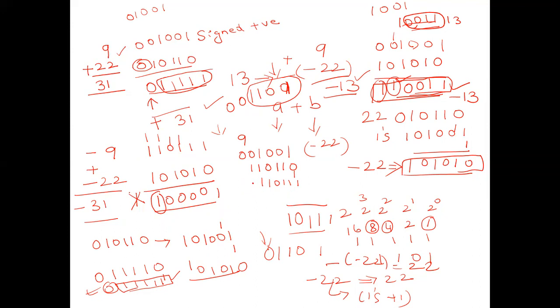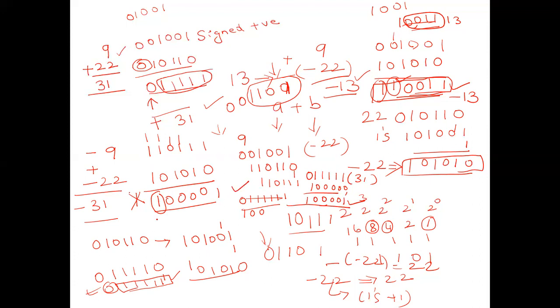How will you represent 31? So 31 will be represented as 5 ones. Am I correct? Plus 31 will be represented as 5 ones, and this will indicate the sign. Now how will you represent minus 31? Here I have made it as 6 bits, so 0 1 1 1 1 1. This 0 is a plus 31. So if you convert it into a minus 31 and add 1, you will get 1 0 0 0 0 1. So that is what you get as the answer.